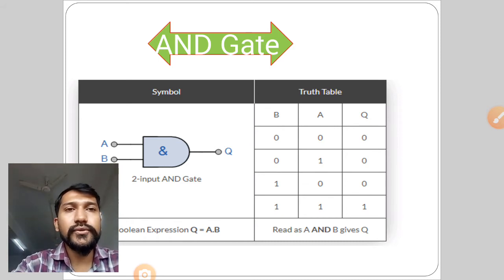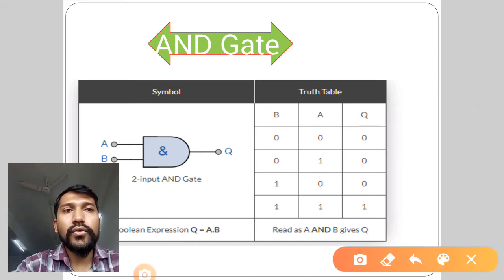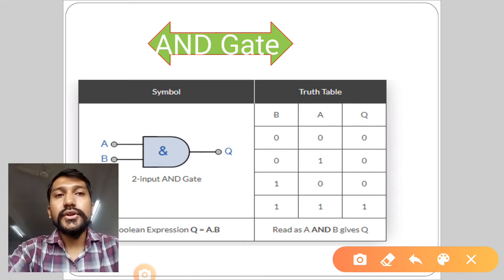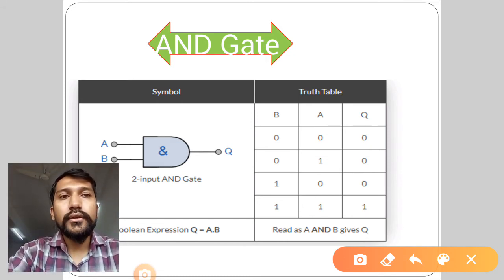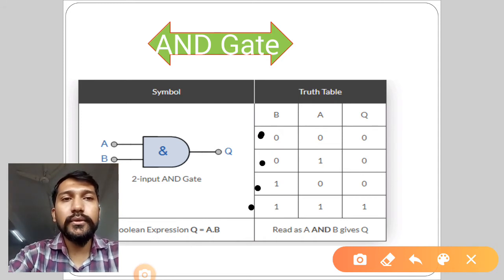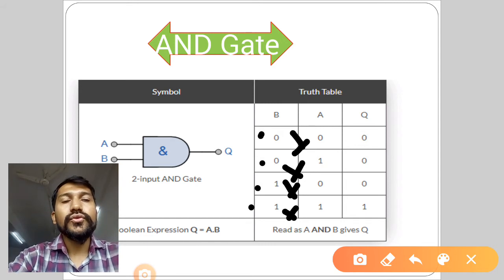So which are the different types of combinations? These are the combinations: 0 0, 0 1, 1 0 and 1 1. So these are the 4 types of combinations I will be having. You can perform multiplication: 1 into 0 is 0, 0 into 1 is what? 0, 1 into 0 is what? 0, and 1 into 1 is what? 1. So we just have to perform the multiplication operation.